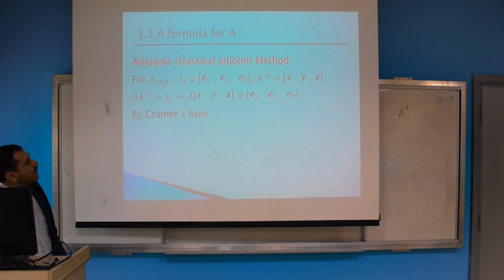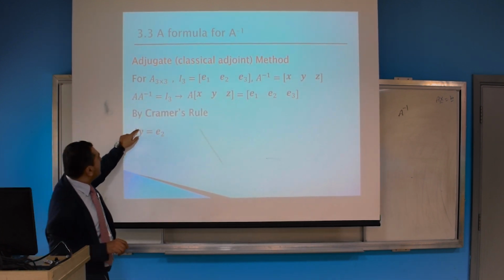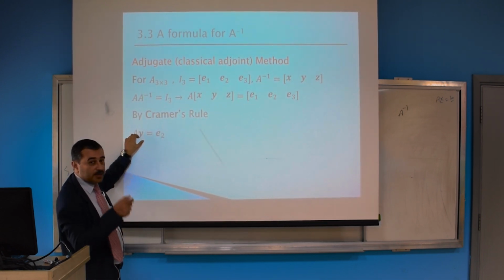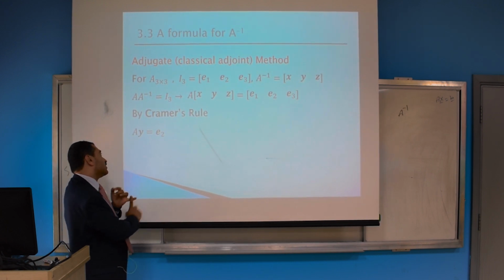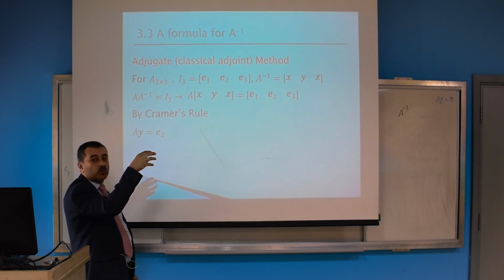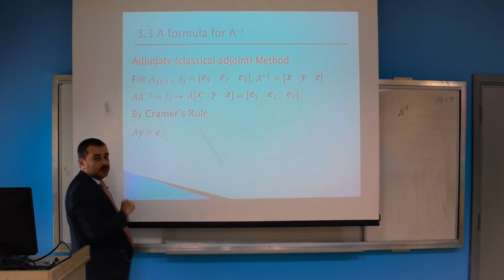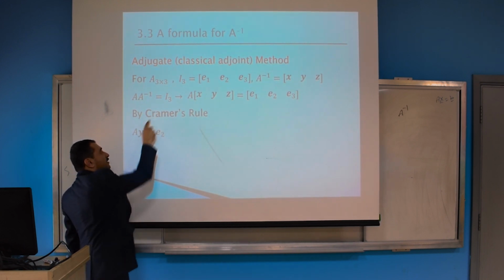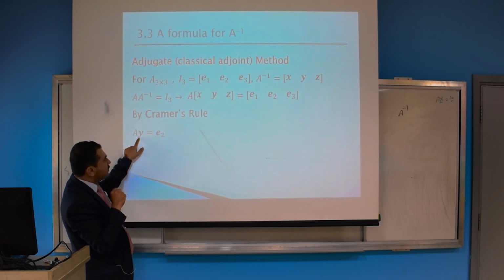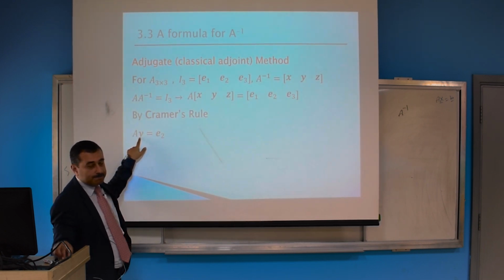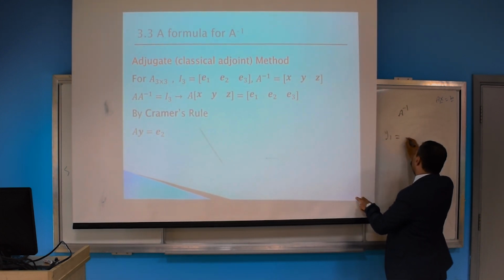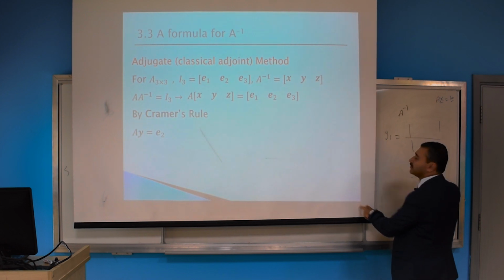Okay? Let's find the first variable in the column y. Y, as you know, is a column, so it contains y1, y2, y3. Let's find the first variable in the vector y using Cramer's rule. How to get the first variable here using Cramer's rule? So we say that y1 equals, using Cramer, determinant over determinant.